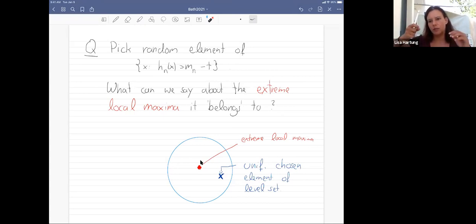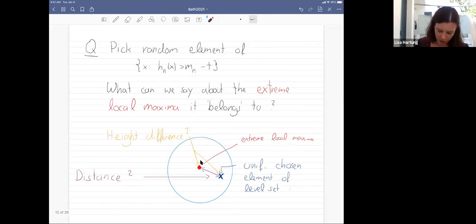So you pick a point uniformly at random from the level set, it sits somewhere, it belongs to a mountain. And now you can ask yourself, what is the distribution? Now you can look from there to the peak, and you can ask how these points depend on each other. There are two questions you can ask. First of all, there's a height difference, because the point that you've picked should be lower than your peak. And then you can also ask a question about the spatial distance of the two. So these mountains have size order 1, they are really around this peak.